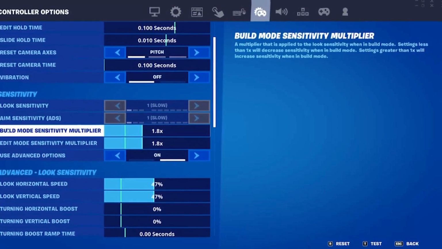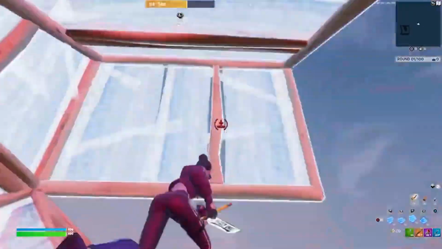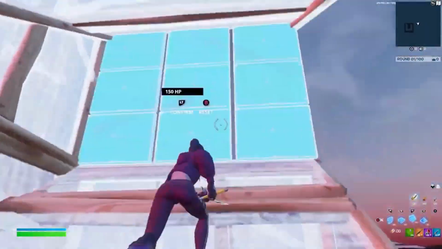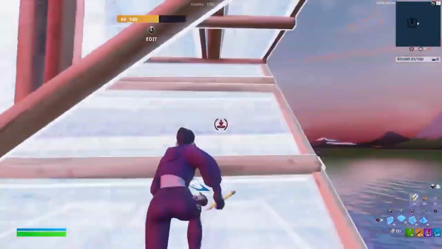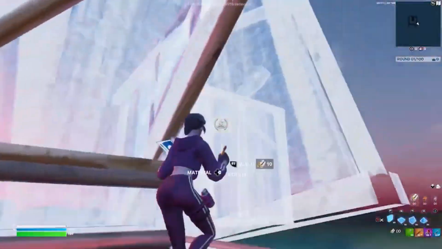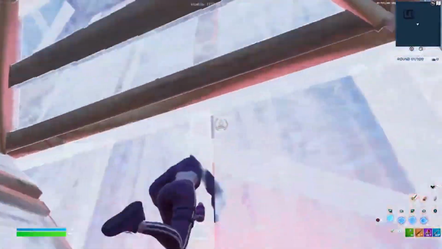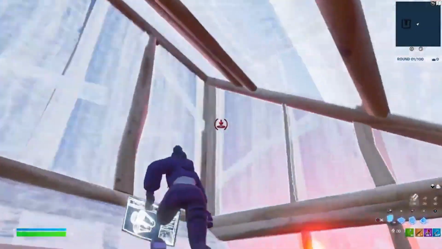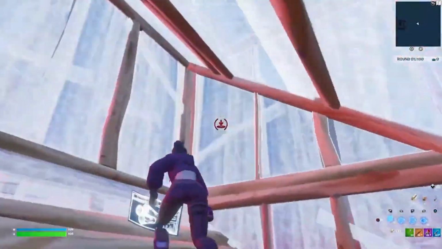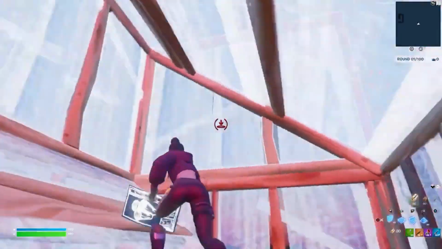Alright, next up we're going to be finding our perfect build mode sensitivity. And this probably doesn't come as a surprise, but the way we're going to be figuring this out is from free building. To start off, just build and try to be as smooth as you possibly can. And just like with the edit mode sensitivity, you will quickly realize whether or not the sensitivity is too fast or too slow. If your build mode sensitivity is too fast, your crosshair will be all over the place and you won't consistently place your builds where you want them to be. Also, you need to consider what you want to do with your build